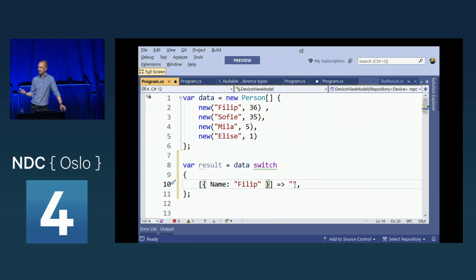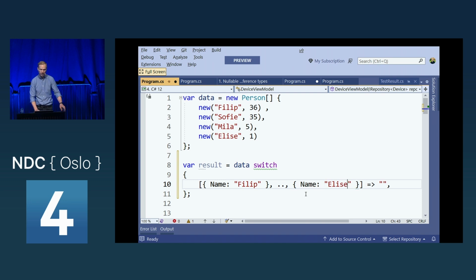So the list patterns allow you to do, again, recursive patterns. I can say that this list has to be of some sort. Obviously, a list of people isn't where you would use this. You could use this to determine payload coming in from some external system where you're looking for certain bytes in the start or the end or whatnot. Because I could say that I don't care about what's in the middle. I want to make sure that the last element is set to an instance and that the name is, in this case, Elise.